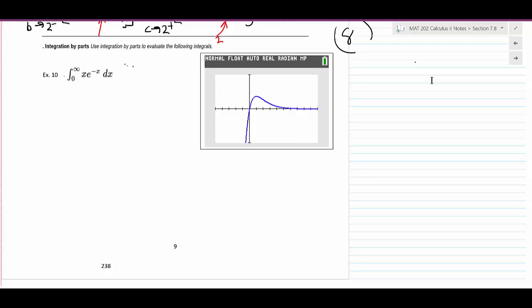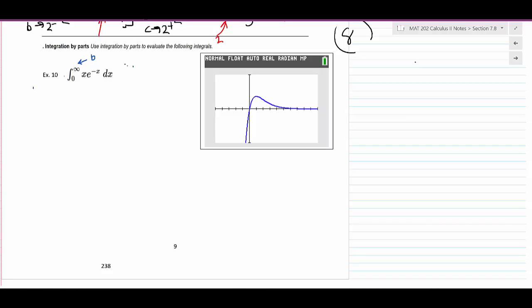We're looking at improper integrals, so this is an improper integral. What we're doing on this is trying to see if this converges or diverges. What we learned how to do last time was change this to some letter like a b, and then do a limit. So we're going to write this as a limit